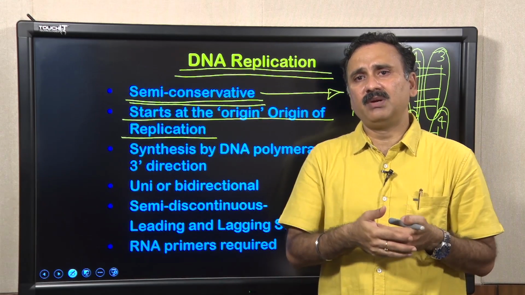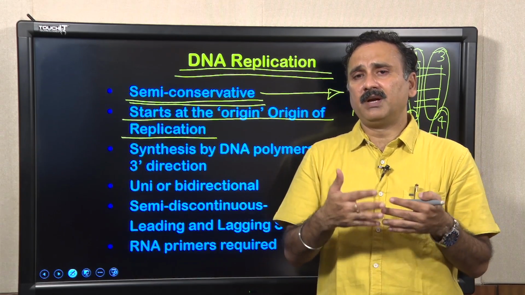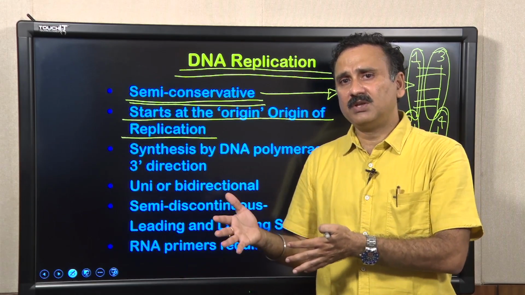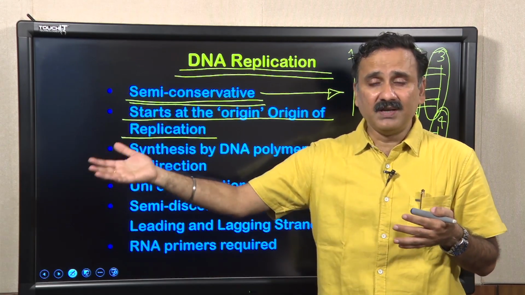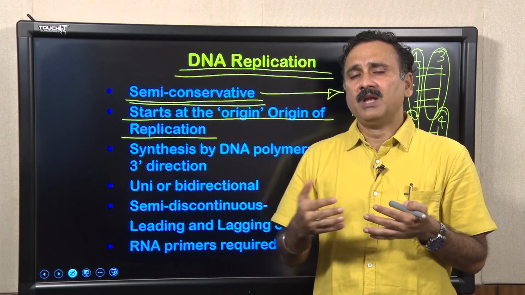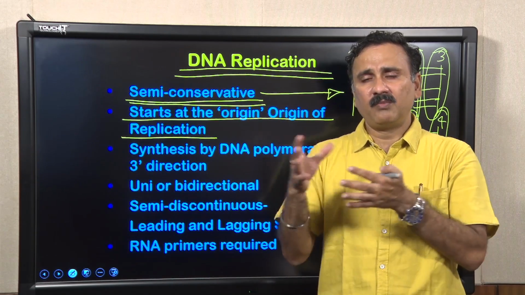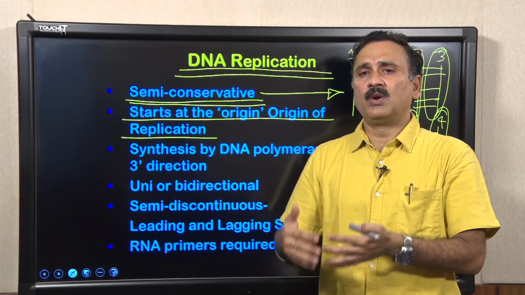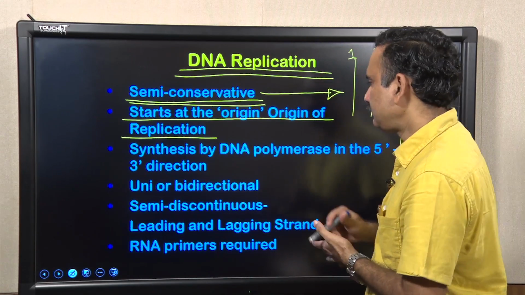That is how it can complete replication in a given time frame, because replication is important for making a second copy of the genome, so that the cell will enter the G2 and M phase, and that is how it divides and gives you more cells. So, the S phase is the bottleneck of the whole process, and that is how DNA replication has to be synchronous with the mitotic as well as the G2 phase.